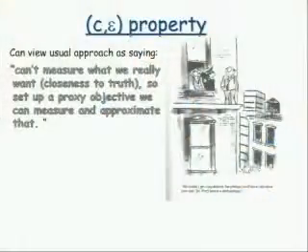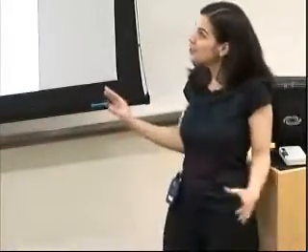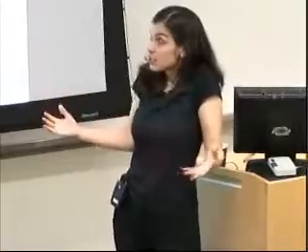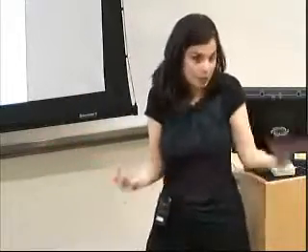All right, so to summarize this part of the presentation, let me go a little bit of a high level. One can maybe view the usual approximation algorithm approach to clustering as saying we cannot really measure what we wanted, that means closest to the ground truth, because it goes back to your comment. So we cannot really measure what we want, closest to the ground truth. So let's set up a proxy objective that we can optimize, and let's approximate that. This is one way to think about the usual approximation algorithm's approach to clustering.